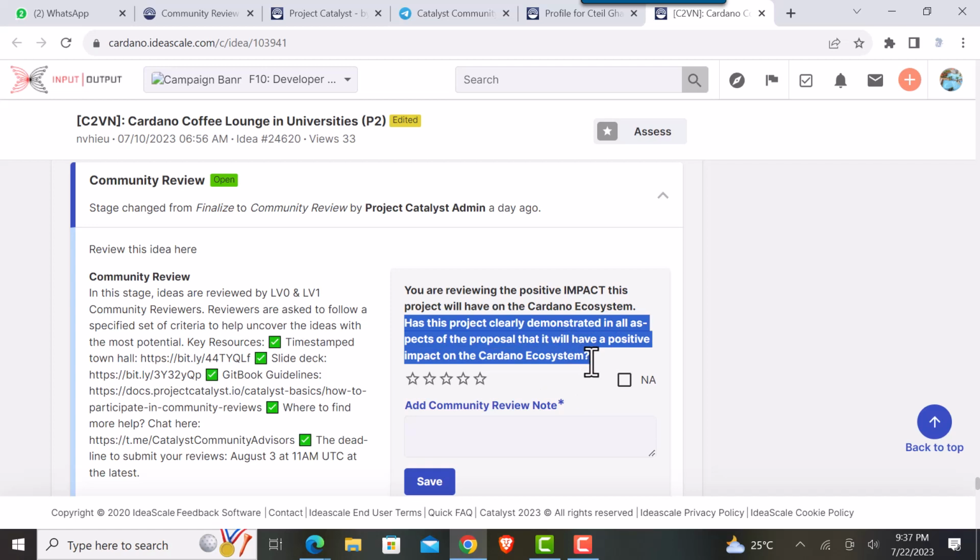So at least under impact, the proposer should be able to detail every important benefit those that will partake in their product will receive, and at the end of the day contribute positively to the development or improvement of the Cardano ecosystem in general. So this is what you'll be looking out for under impact. All right,